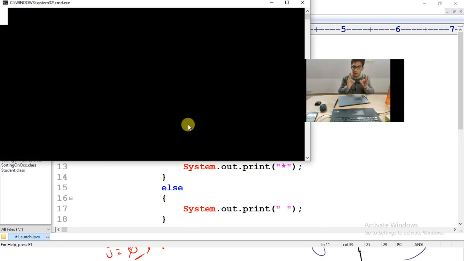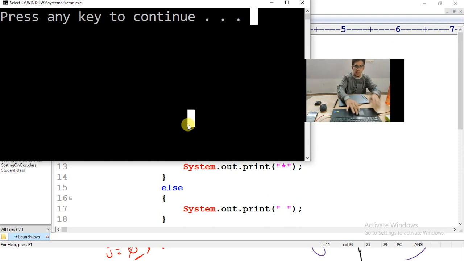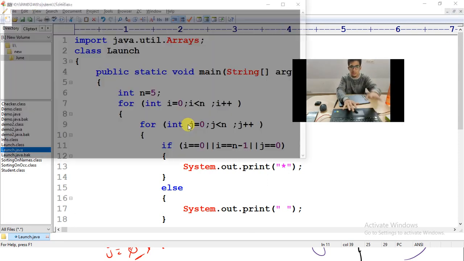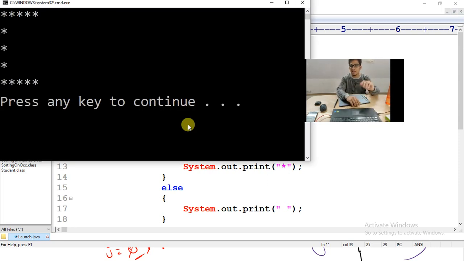So I hope you have understood in what way you have to go. In this way if you solve, well, I'm talking for beginners. If you're a pro, then you can do however you want. Beginners should practice like this. So compile and execute, I got C. I hope you have understood the basics of star patterns. Tomorrow we'll be solving more complicated star patterns, and I'll be telling you some tricks which are applied for number patterns also.